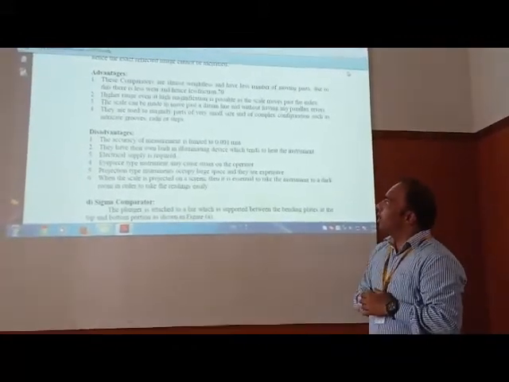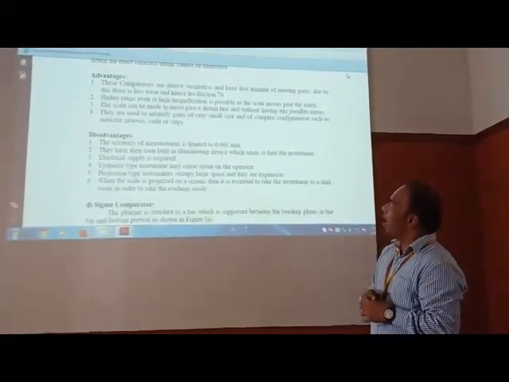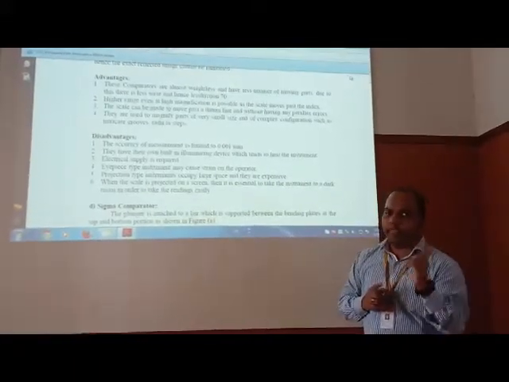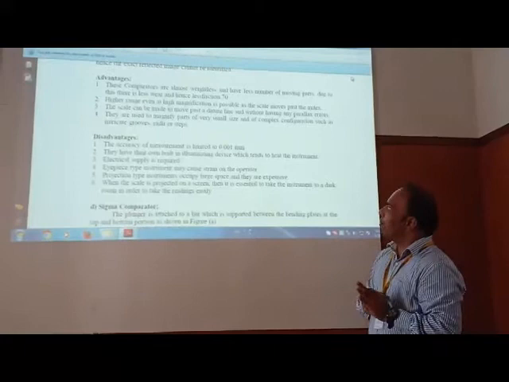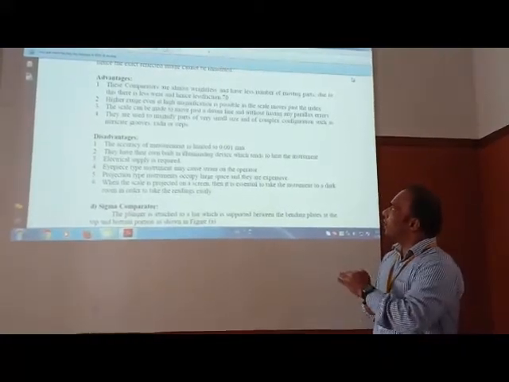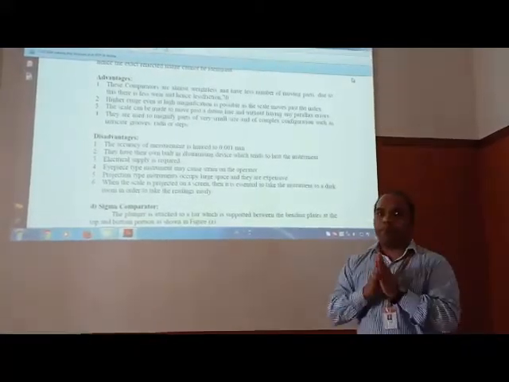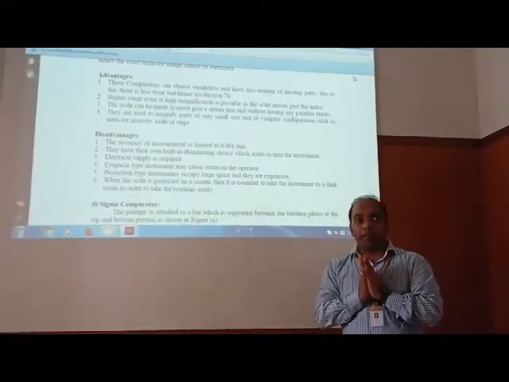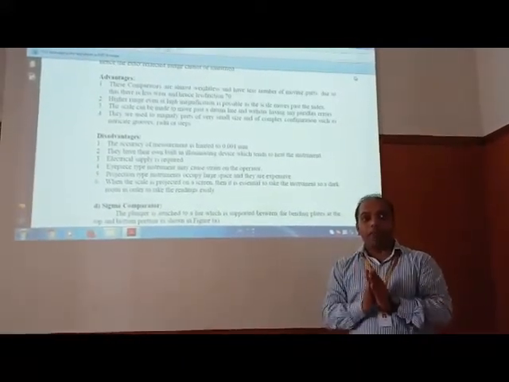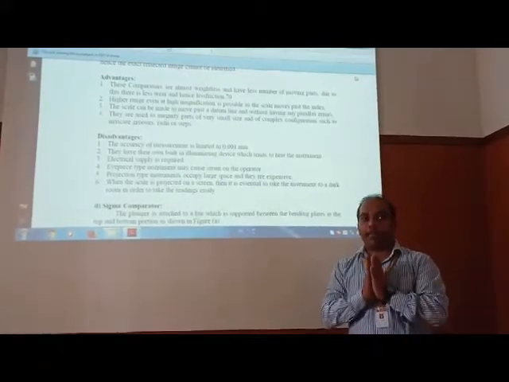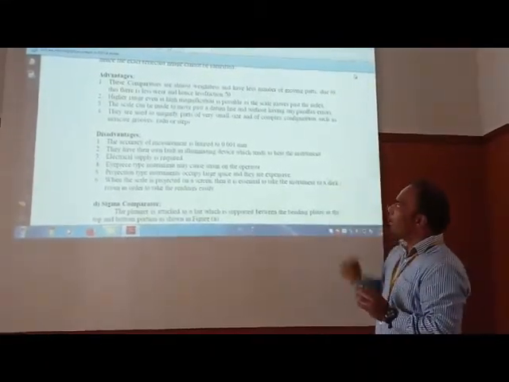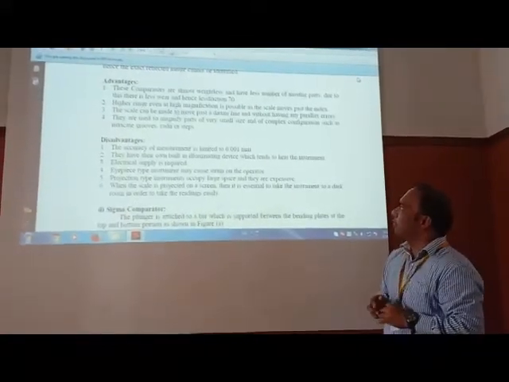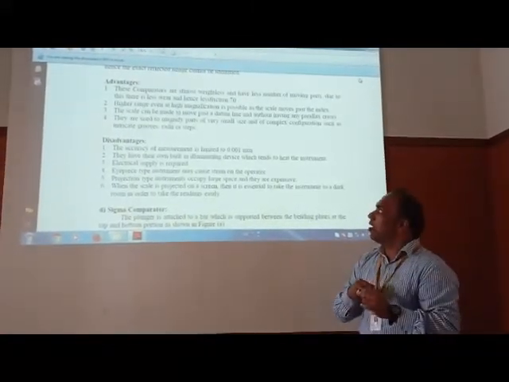That is, a higher range even at high magnification is possible as the scale moves past the index. The scale can be made to move past the datum line without any parallax error. As stated, the screen gives us a magnified view, so there is less chance of parallax error. They are used to magnify parts of very small size and complex configuration, such as intricate grooves or radii